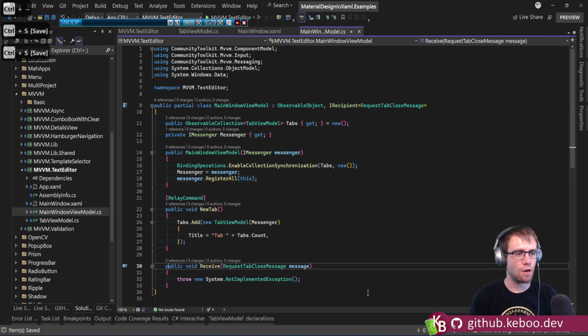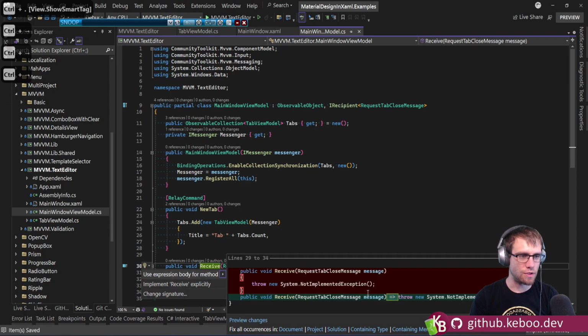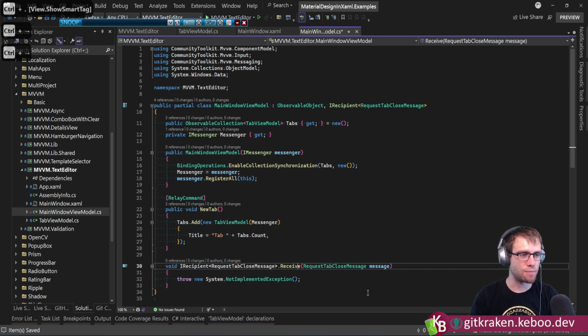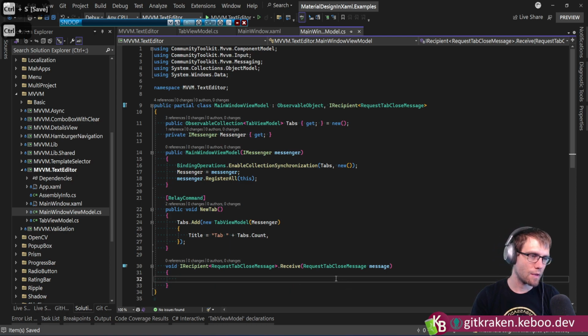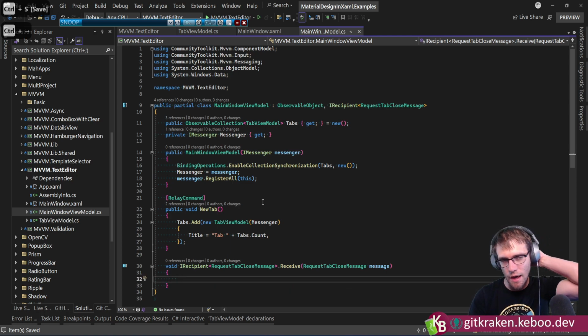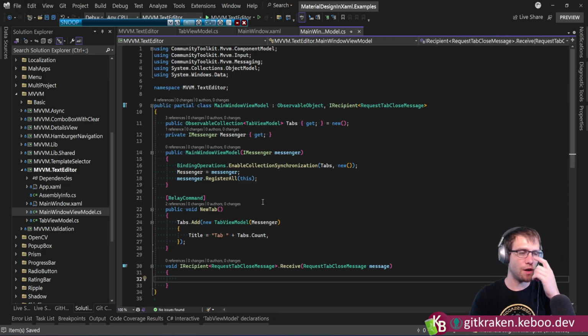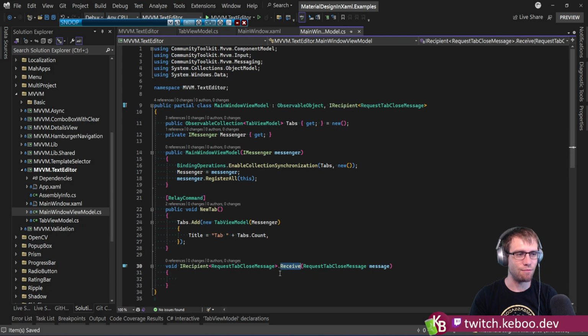Okay, so when I do these receives, I like using explicitly implemented interface members, simply because it keeps the public API of my main window view model a little bit cleaner, and it makes it clear that the only reason this Receive method should ever be invoked is as part of this IRecipient for the message class,